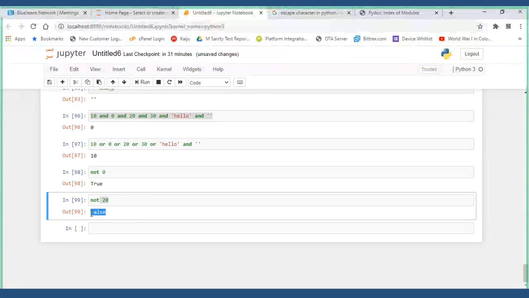I'll try to wrap up these operators tomorrow, so an important portion will get over from our side. Then we can directly go ahead. Do you guys have any doubts today?